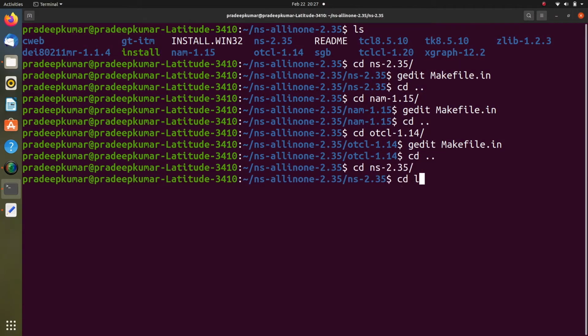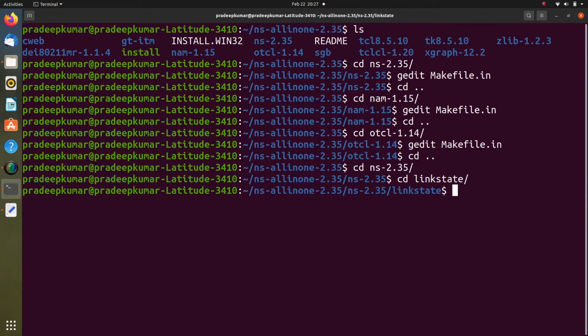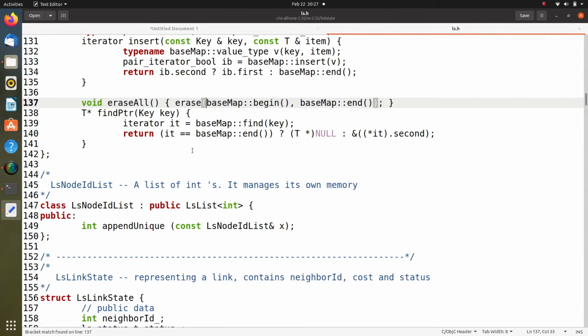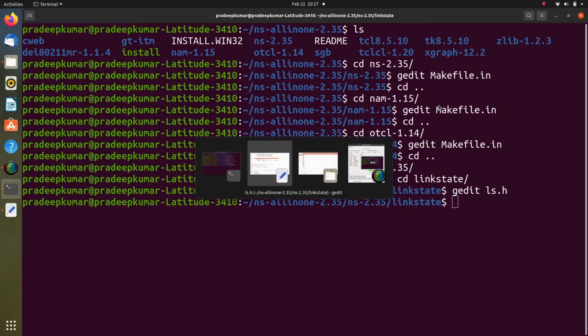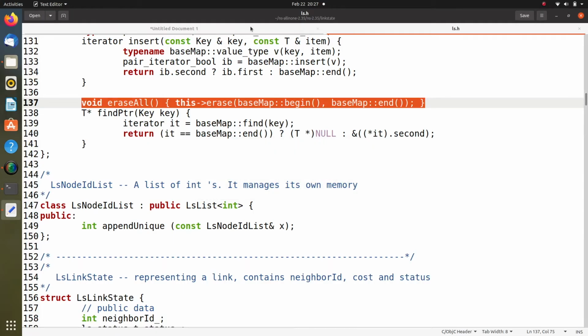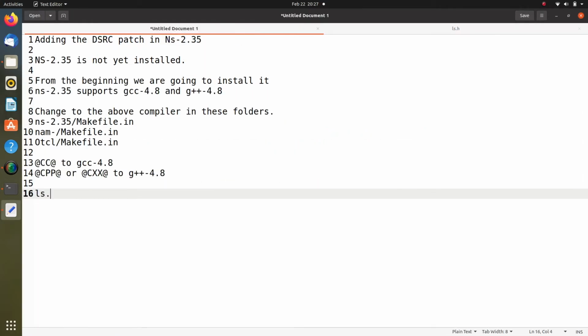cd ns-2.35, cd linkstate, then gedit ls.h. So in this file, in line number 137, you have to make this change. So line number 137, change this line. So ns-2.35/linkstate/ls.h.